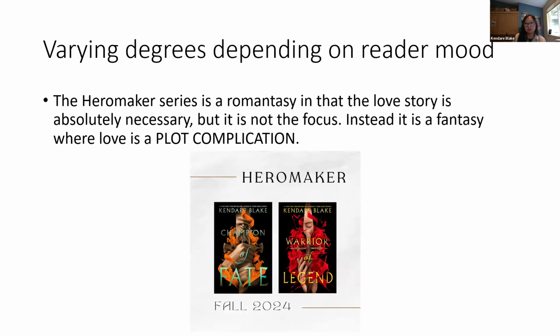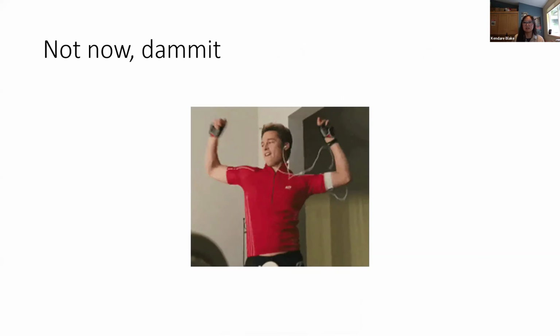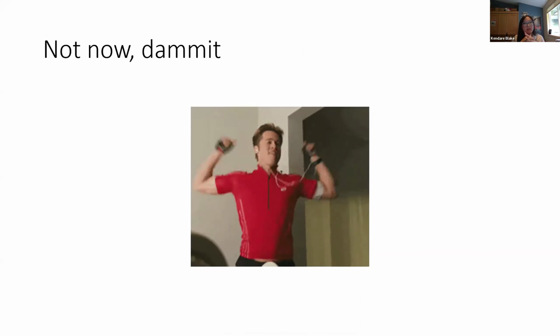So if you have a reader who's looking for romantasy, Hero Maker is a romantasy in the sense that the love story is absolutely necessary to the plot. The whole plot hinges on it, but it's not the actual focus. Instead, I use romance as more of a plot complication. So in short, Reed is very intensely focused on becoming a member of her immortal order. And then her hero keeps showing up, like, not now. I don't know how many times when I was writing it, I just had to be like,